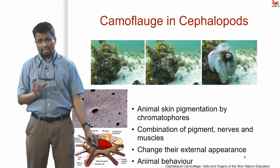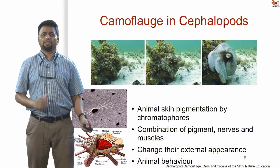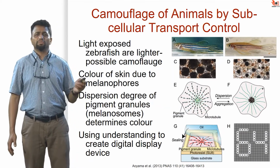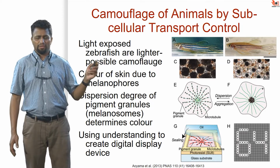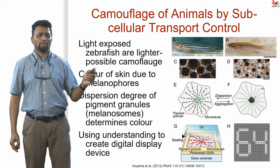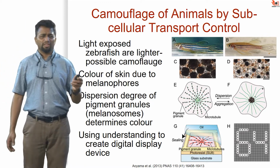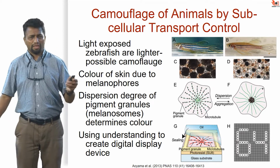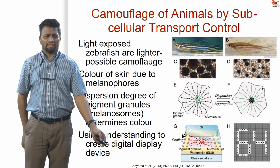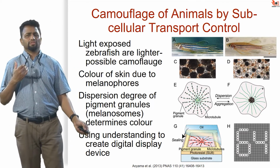And this again comes to what we will study and why in terms of larger context of biological problems. So, in some senses this behavior also shows up in other animals. Light exposed zebrafish are lighter, possibly due to camouflage. The color skin is due to melanophores, and the dispersion degree of pigment granules and melanosomes determines the color. We will use this understanding and we will see how some people have then used it, because in the spirit